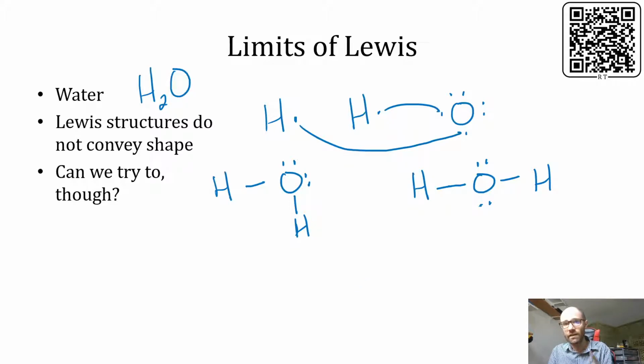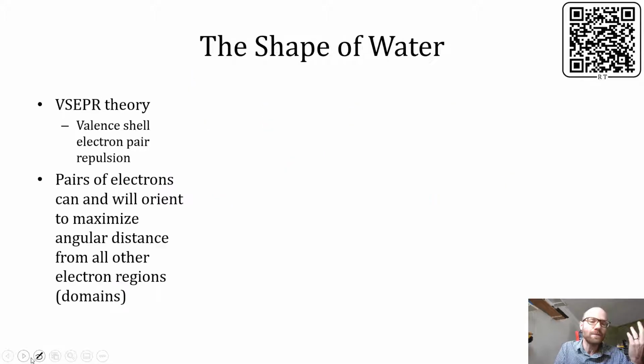That said, if we knew how water behaves and how it looks, could we pick one of these as a better structure moving forward to identify what water looks like, so that even though we don't draw it in 3 dimensions, we can at least represent it on paper and have a discussion without getting confused? And the answer is yes. Enter valence shell electron pair repulsion theory, which states that if you have more than one pair of electrons on a particle,